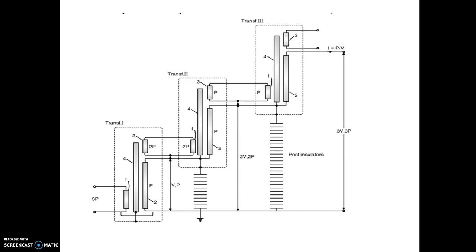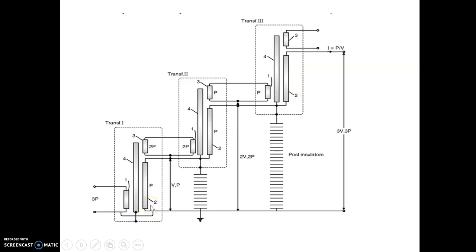So if you see the loading of all the stages of the transformer, the loadings are different. Even tertiary winding loads are different. Primary winding loads are different. This is P, this is 2P and this is thrice P. Now why will this be thrice P? As usual, the load on the secondary will be P because you want P plus P plus P, thrice P. So here P; why should this be 2P? Because here it is 2P, it is giving excitation to the two windings, so 2P and this is 2P. And here you can see the second side of this first transformer is 2P plus P, meaning thrice P. So the loading of the primary should be thrice P. So the loadings of the primary and tertiary windings are different, except the secondaries are the same.